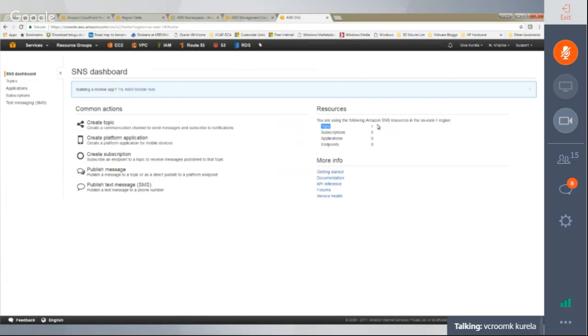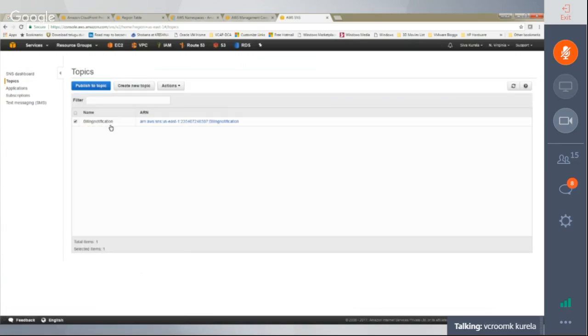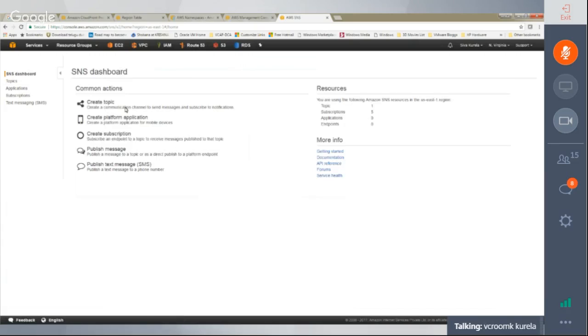Here, you see there's one topic that was already created, and there are 5 subscriptions to it. The reason I've created a topic is because I've set up a billing notification. Whenever my billing crosses some $10, I need to get a notification. That is the billing alarm that's configured. Okay, so let's go to the dashboard here, and I say create a topic, and the topic name is